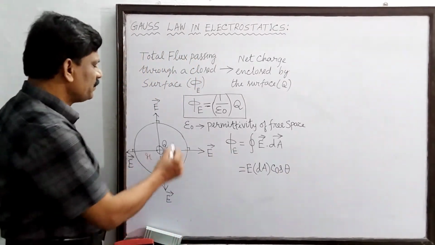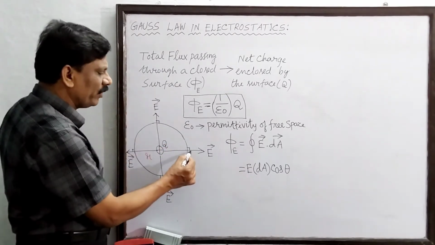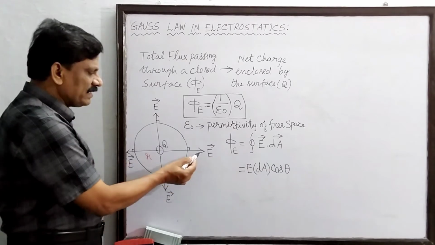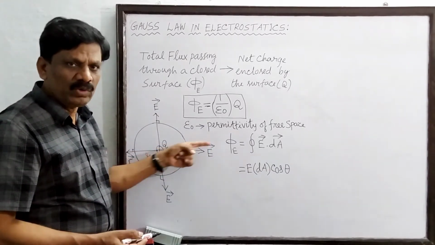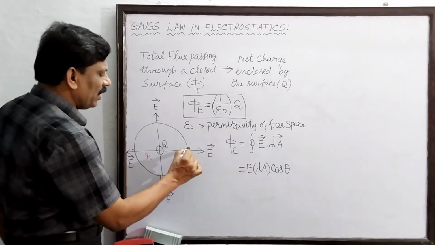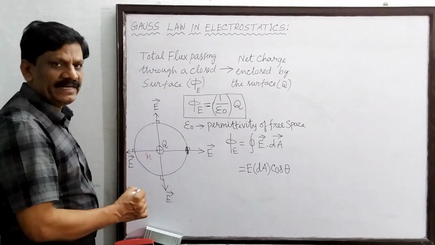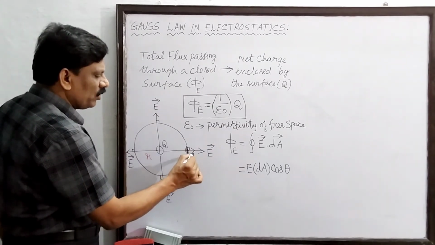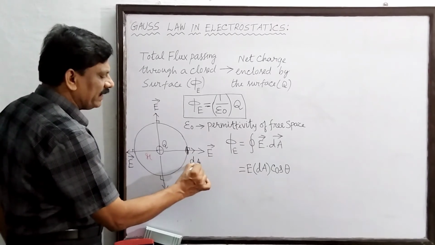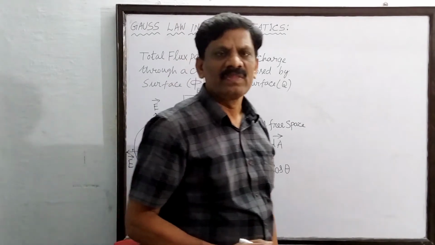Now, in this picture, at every point, any point I am going to choose, only one point at a time, I am going to choose this point. So this is the direction of the electric field which is radiated outwards, radially outward it is. And here a small area, if I will assume, say for example the small area is dA. So the area is pointed outwards. So the direction of the area vector dA is along the same direction of the electric field.